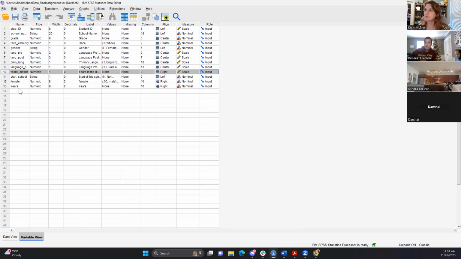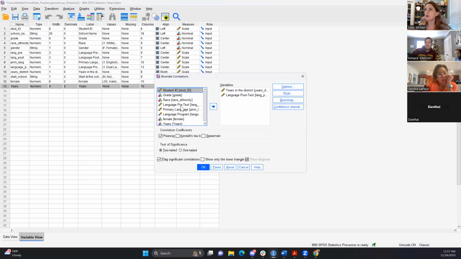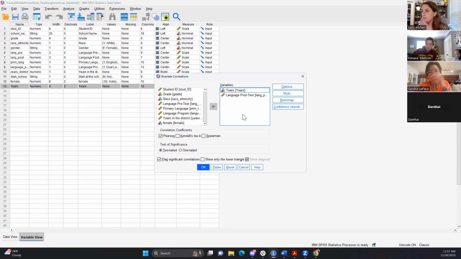So now we have this variable that's years that we hope would break it out. So if we went back and did our bivariate, and instead of using this value, we use Years. It's at the bottom, this one. I didn't know you could drag that, but for whatever reason, I wanted that one on top. And just try it again.